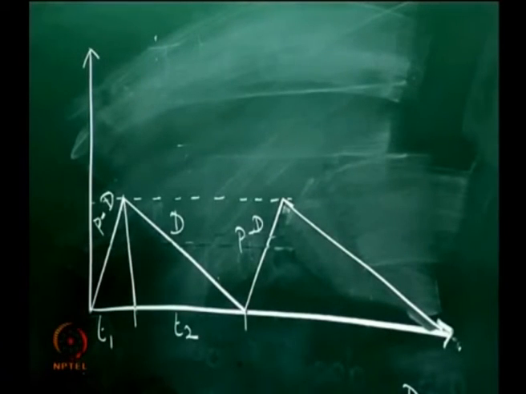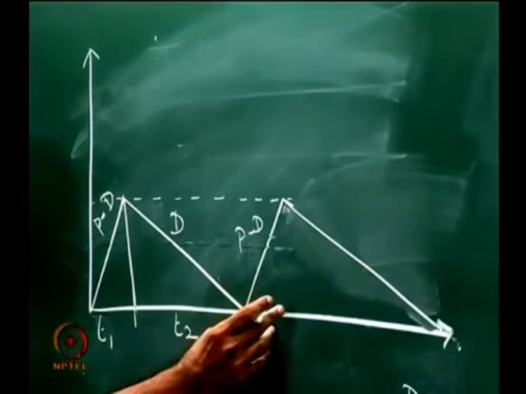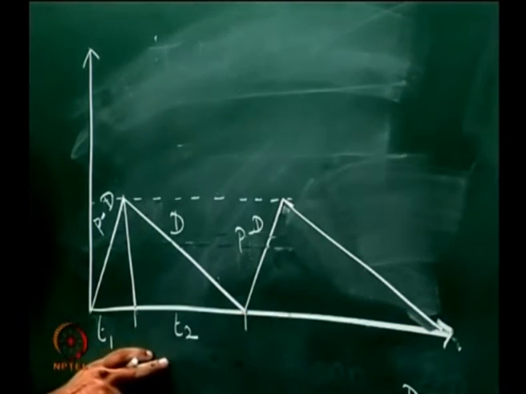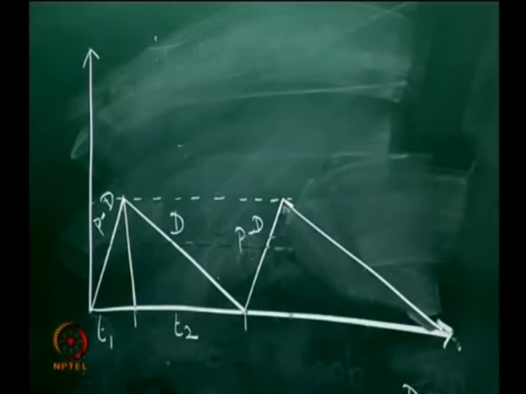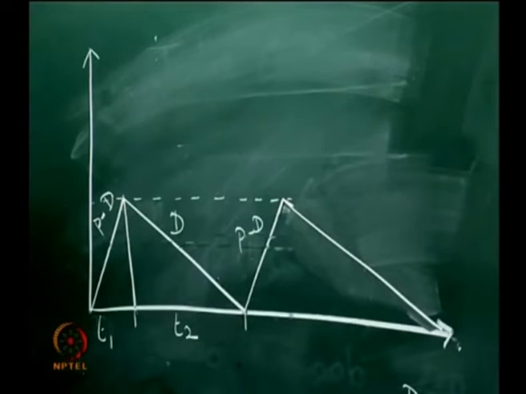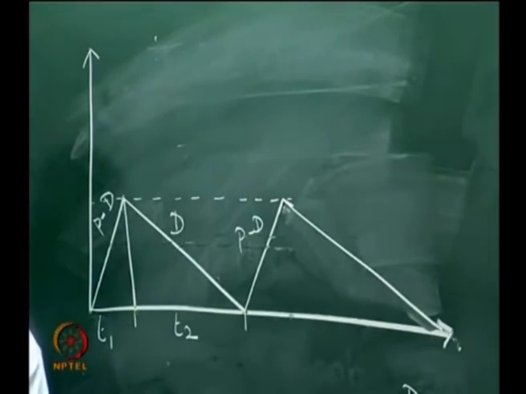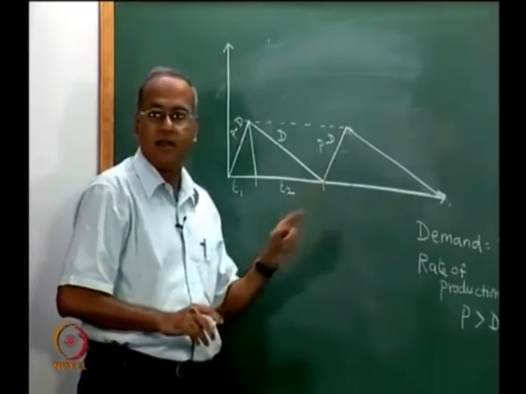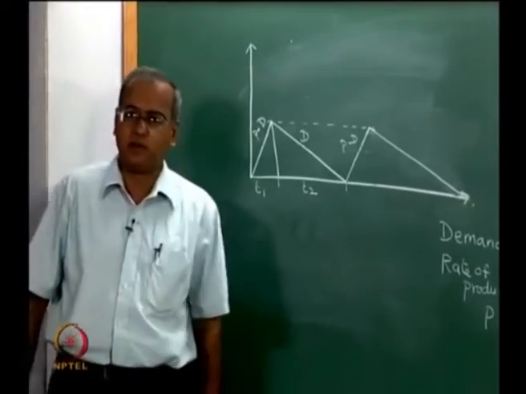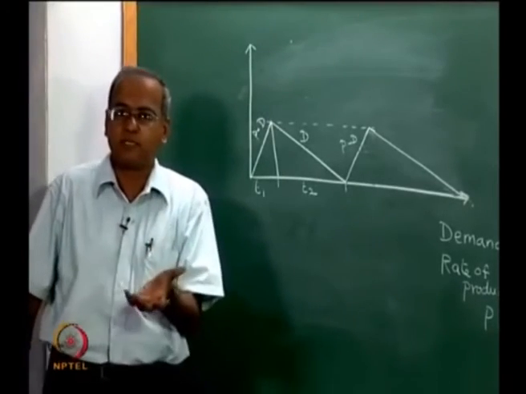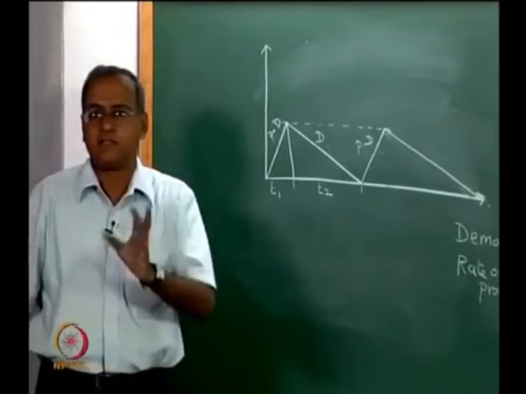From the machine's point of view, T1 is the period where we produce this item, and once again there is going to be another T1 after a gap of T2 where we produce this item again. So, we will assume that this machine would be used to produce some other thing during this period T2, and therefore, when we come back and start making this item again on this machine somewhere here, we need to set up this machine, which means every time we start production of the item, we have to set up the machine to produce the item, and therefore, there is a setup cost associated with the system.